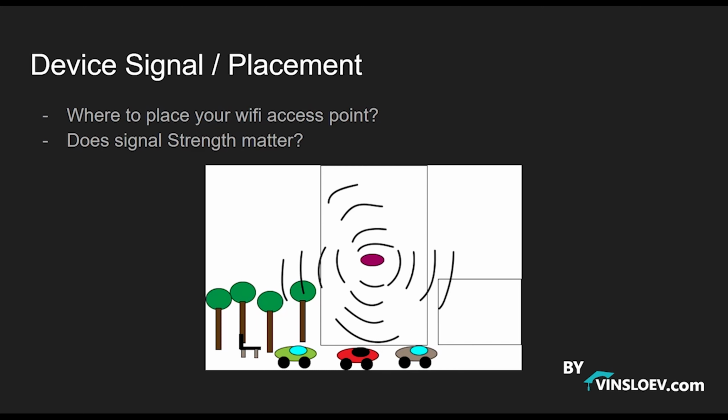If you go to your mobile and look at what Wi-Fi is available, you will see a very long list, because there are so many access points just broadcasting their signal out, because the signal is so strong in most newer devices. So it is important that you are aware of where you place your device and the strength of the signal